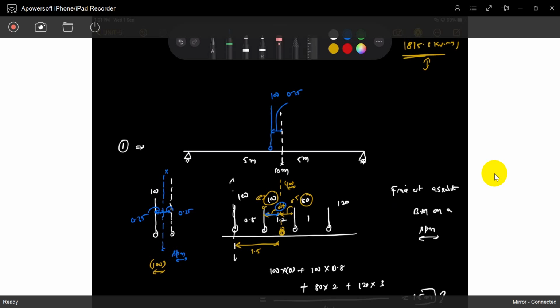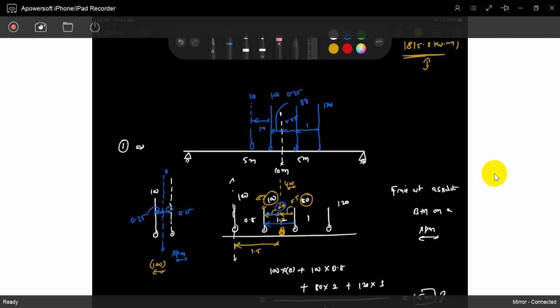So arrange it. Again it's a 100. It's 1 meter. It's a 100. It's an 80. It's a 120. So it is 0.8. What is the total distance in between? It's 1.2. Are you understood? It's a rolling system. So what does that mean? 1.2 minus 0.35, 0.85. This is 0.85. So this distance is 1.